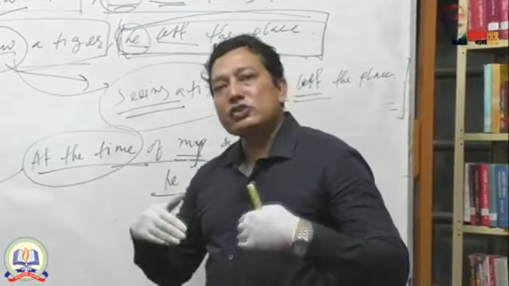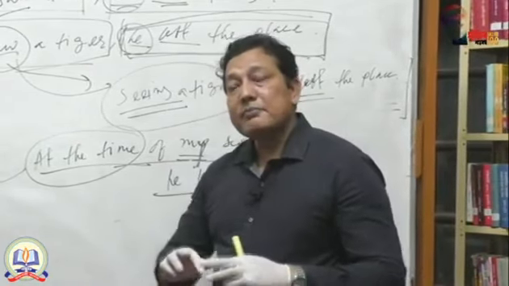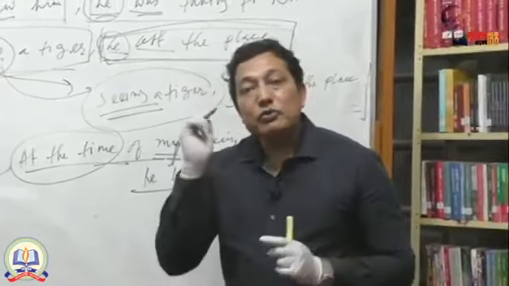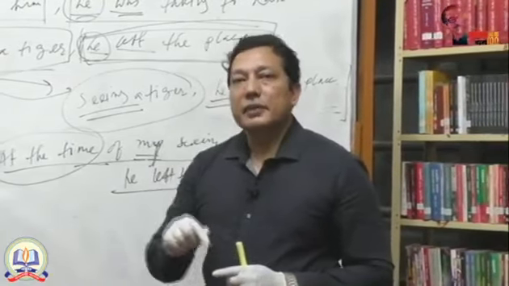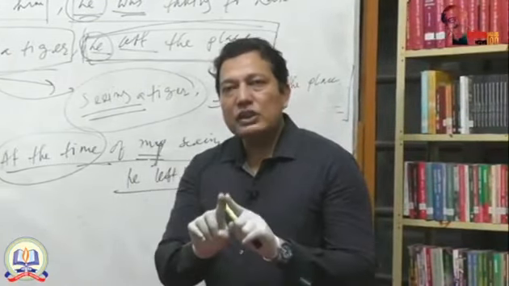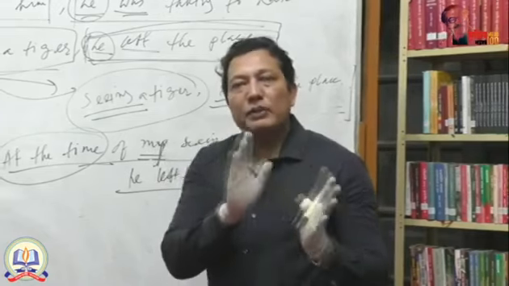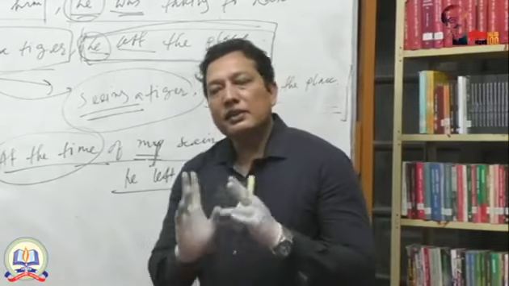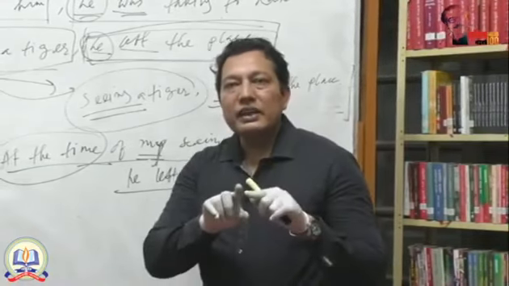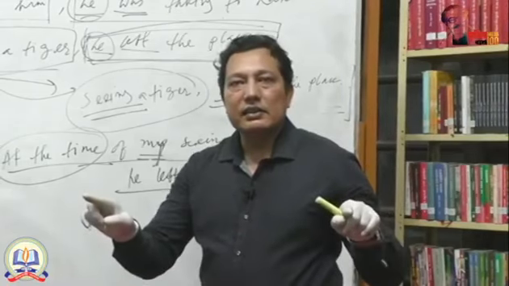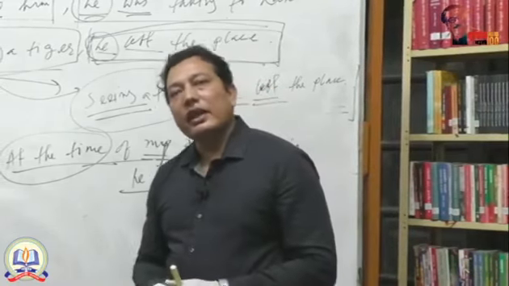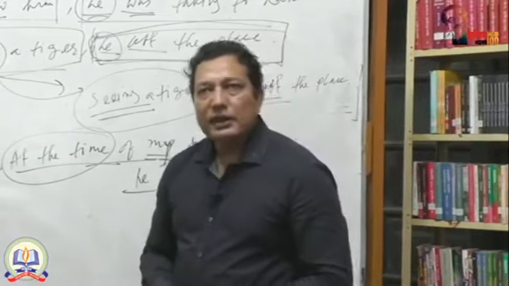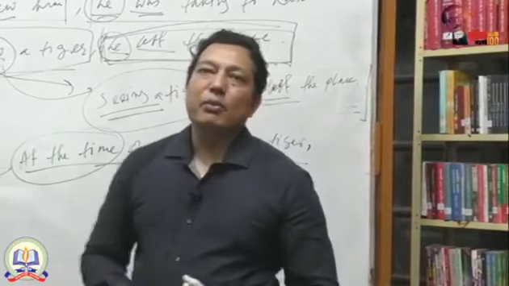When you are asked to transform these sentences from simple to complex, complex to simple, complex to compound, compound to complex, you have to memorize the criteria. When you make any complex sentence, of course you will make two parts. One part will be dependent, another part will be independent. When you make any compound sentence, you will make two parts, and here you will get two independent clauses. And when you are asked to write any simple sentence, of course you will ensure one subject and one finite verb. In this way you can write simple, complex and compound sentences.